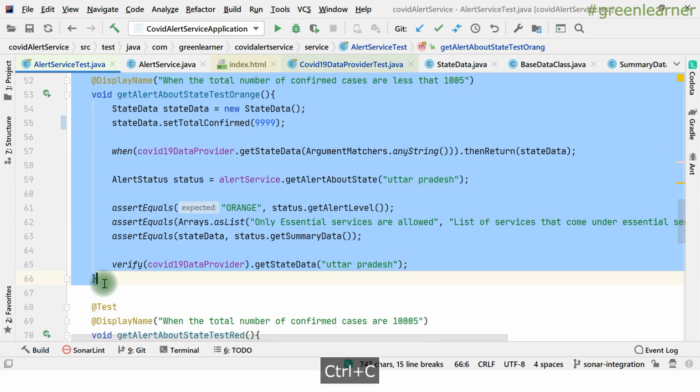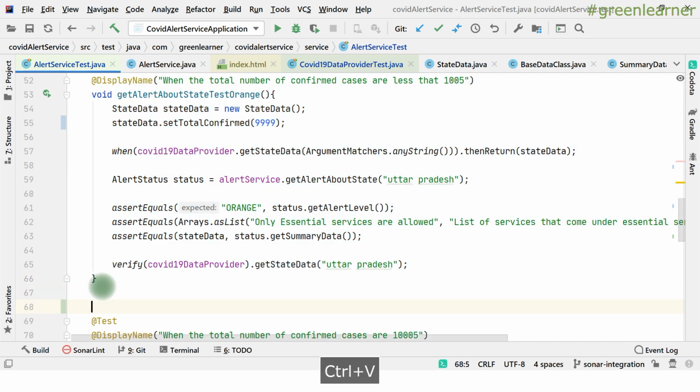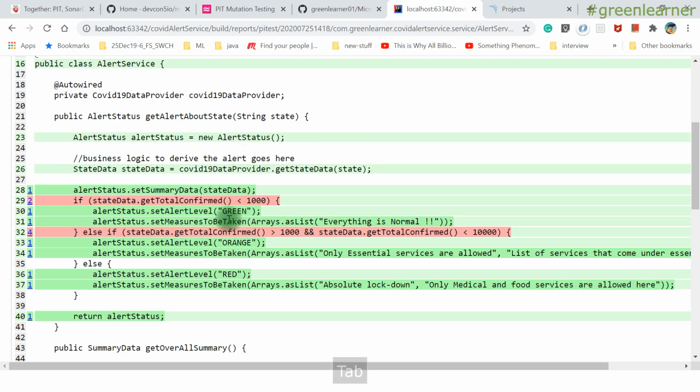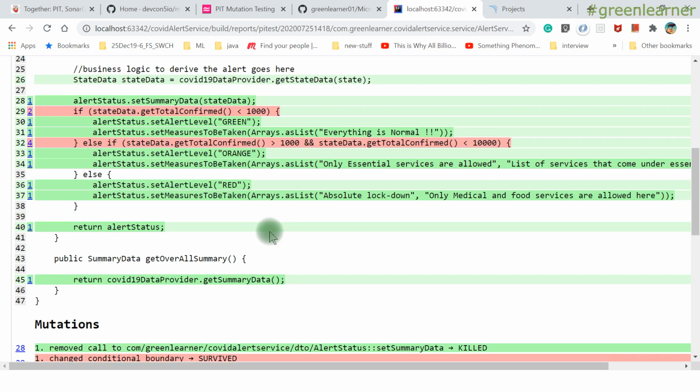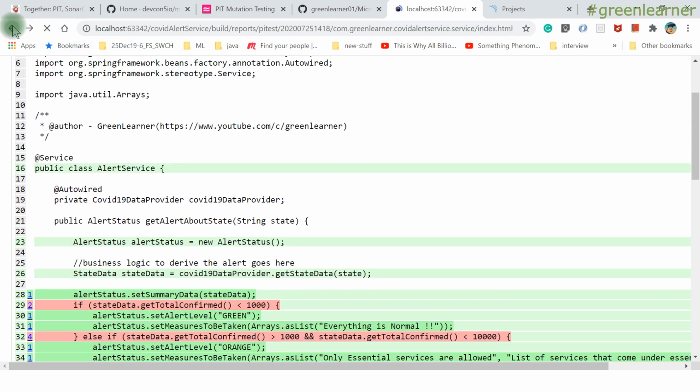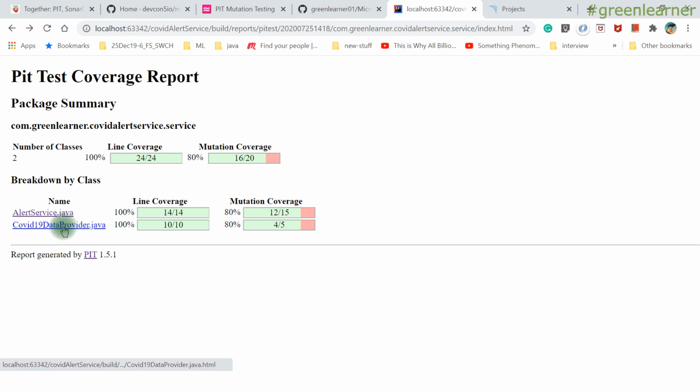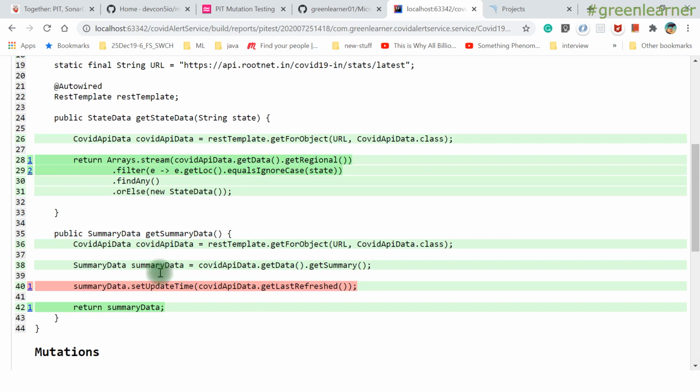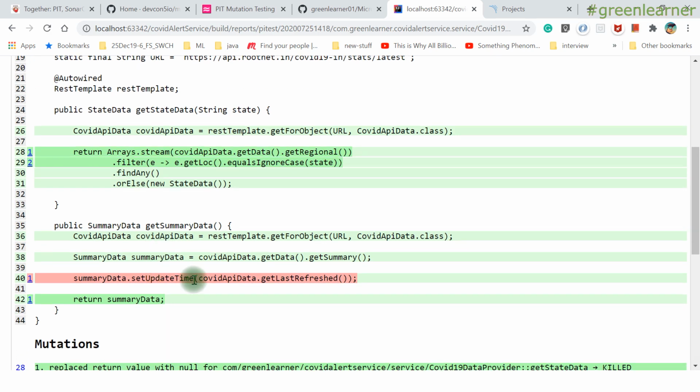So boundary conditions must be covered, the display name as well. So if I execute this one, after that it should pass. In that case we will get some other things, but that's okay. Yeah, good. So we have fixed this, and so 3 classes we are fixing. One, COVID-19 data provider, that's just for you, you go ahead and do this part, right? So COVID data provider, we have only one. Set update time, probably the changes that we have done should fix this as well, right?